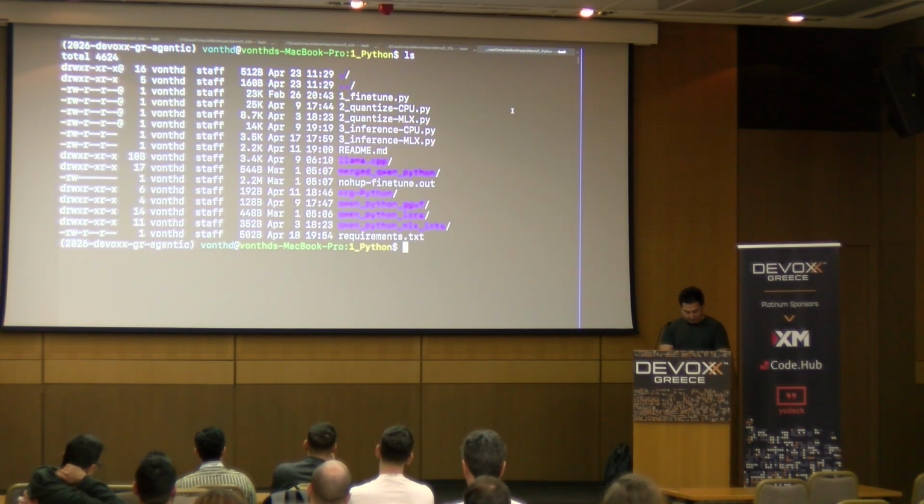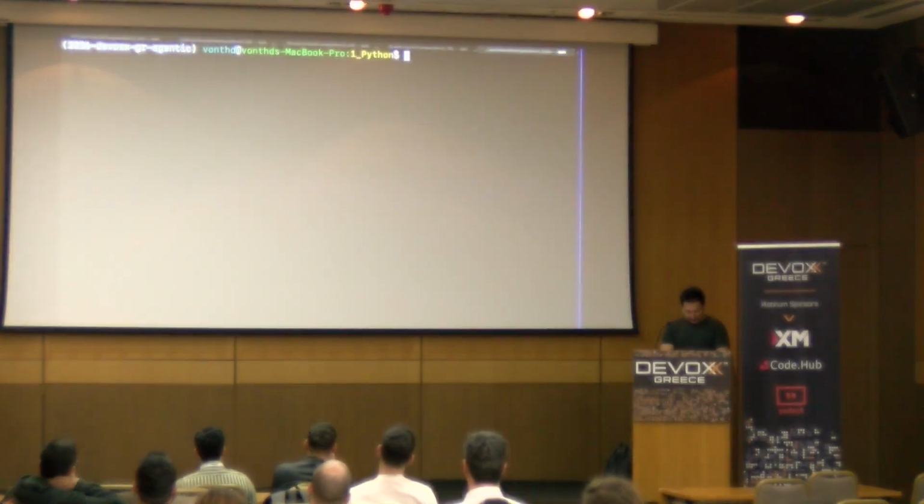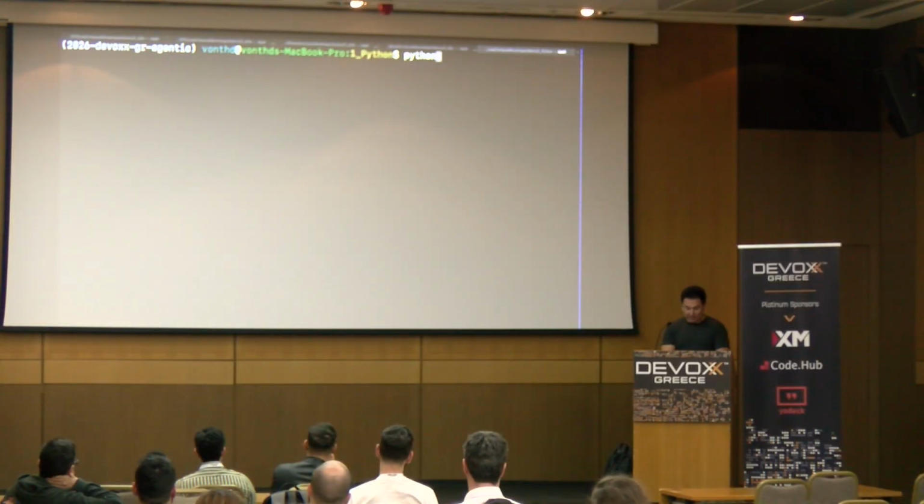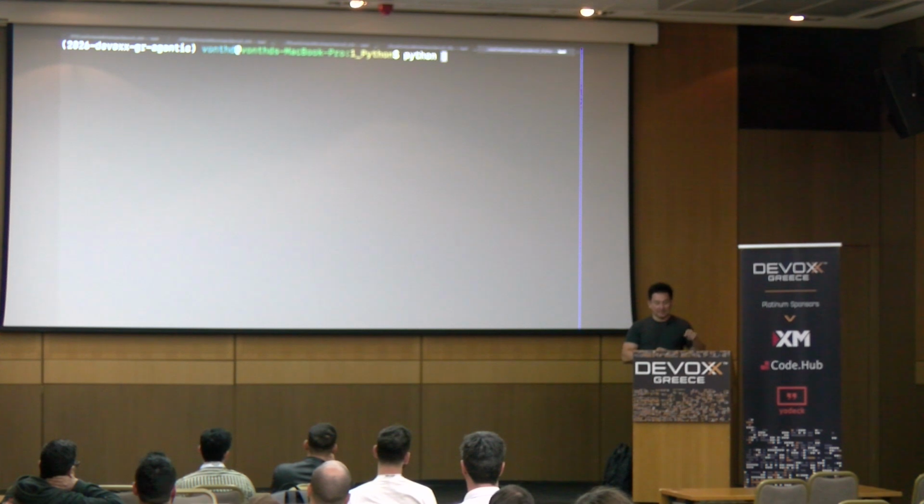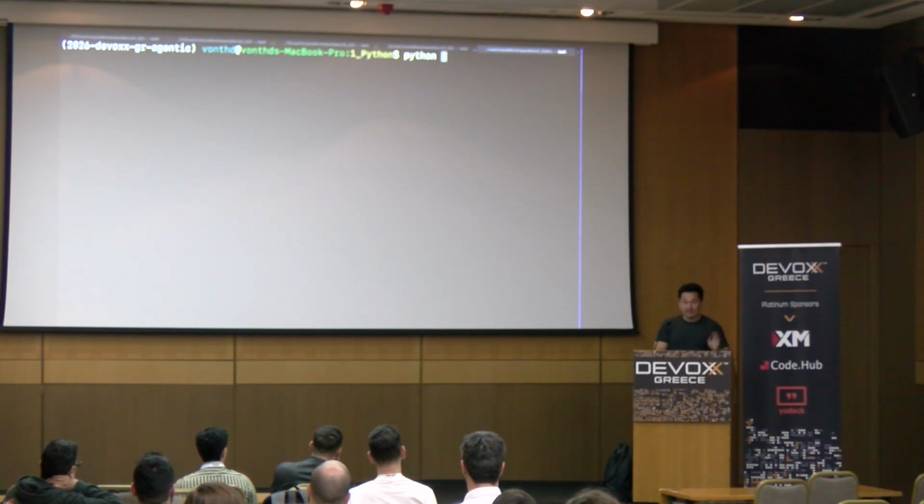For the Python one, I'm just going to run the inference on it really quick. By the way, this code will be on the resources page at the end of my slides. The code to train, quantize, and run inference, all of the code for all the demos here, is on there, so you can go home afterwards and do this yourself. And if you don't want to burn money training the models, there are models I've already trained that you can just download and run yourself.